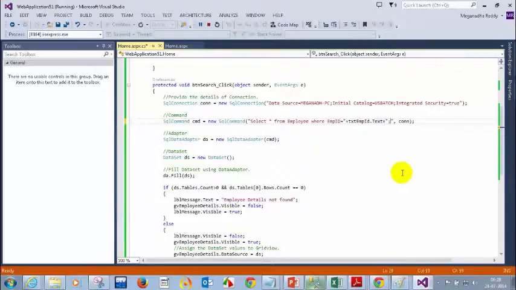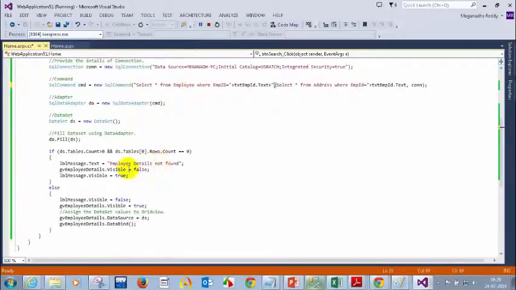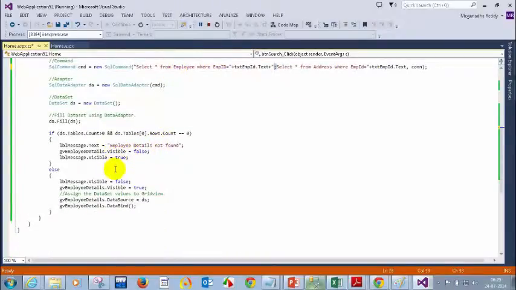After the semicolon, I'm going to write select star from employee address where emp id is equal to, plus txtEmployeeID.Text. So we have two things: select star from employee where employee equal to this, semicolon, select star from address where employee equal to this. So we have two tables now.